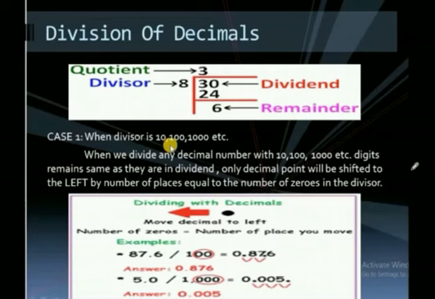First, if you want to divide any number by 10, 100, 1000, and so on, I have already explained it to you. In which direction do you have to shift the decimal point? You have to shift it in the left direction, as many number of times as there are zeros. So here you are having two zeros, so you shift this decimal point two times to the left.